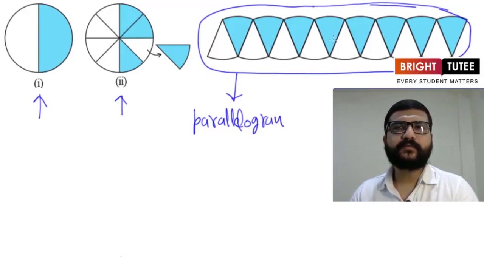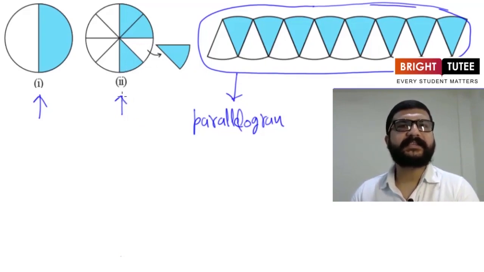Now we can find the area of the parallelogram. We know how to find the area of a parallelogram. So the area of this parallelogram should be equal to the area of the circle. But here it is not exactly a parallelogram. So what if we divide this circle into more than 16 parts? Let's say we divide it into 64 parts, or 64 sectors. Then let us see what we get.